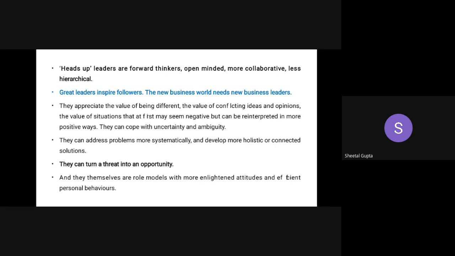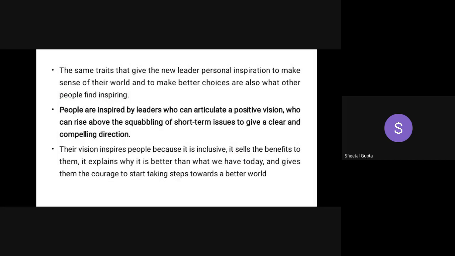So they are the people who are seeing the new opportunities which are going to emerge, they are making the new connections, they are having, we can say, brilliant compromises, clear. They are doing something out of their business, they are very sensitive to the needs of the people, clear, they are interpreting the world around them as per the need of the time, my dear. So they are changing a threat into opportunity, they are addressing these problems very systematically, clear. So all this, we need such people and such leaders. Because they have a positive vision, they are not thinking about short term issues, clear. They have a long term goal in their mind.